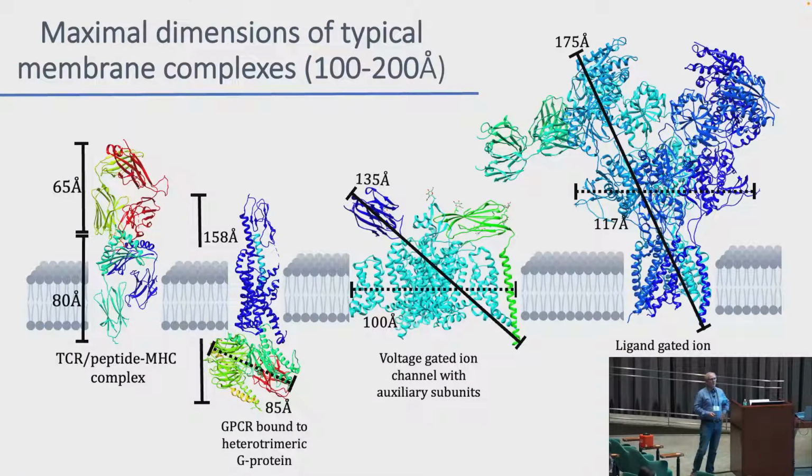So when we think about membrane proteins, it's good to just get kind of a length scale understanding of what's there. So these are kind of just a small rogues gallery of protein complexes. And you can kind of see the maximum dimensions of these. Typically 100 to 200 angstroms is kind of the distance from stem to stern of a membrane protein. And you want a proximity method that would be respective of the resolution of the problem that you want to solve. And so it's kind of in this range of resolution that we'd be looking for